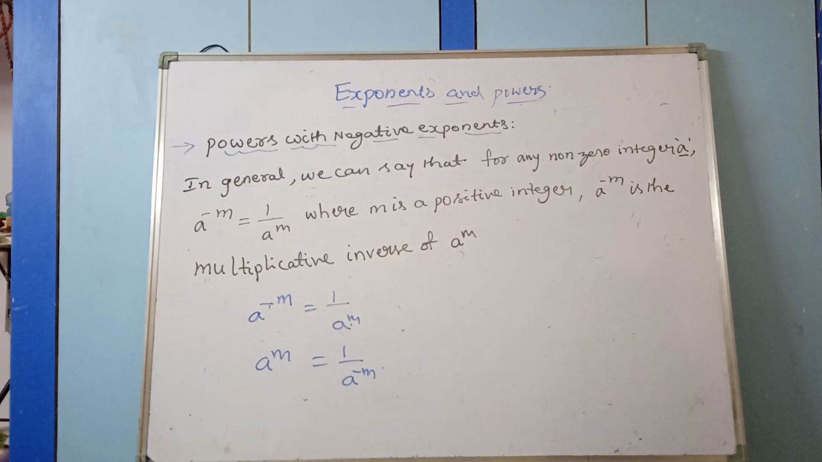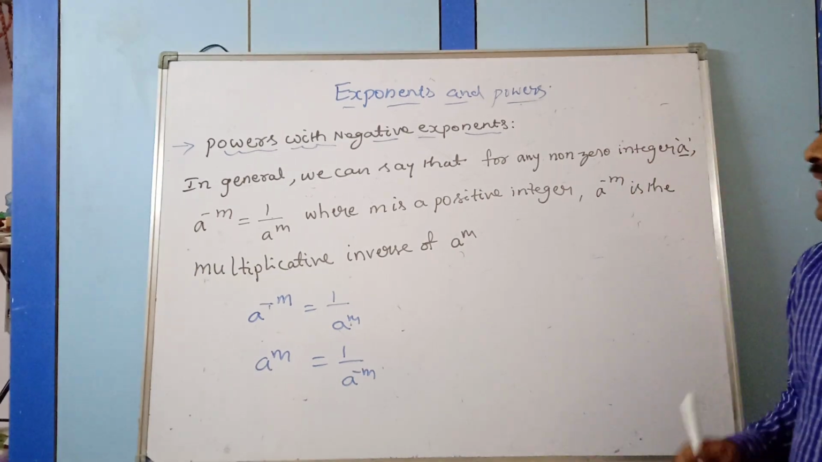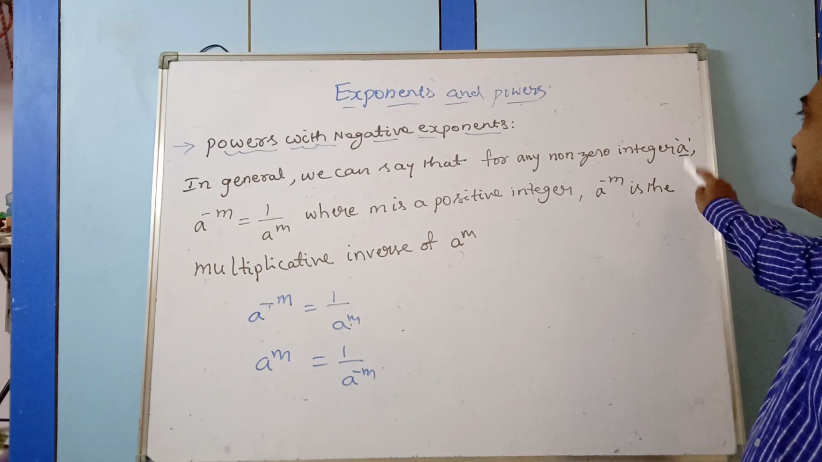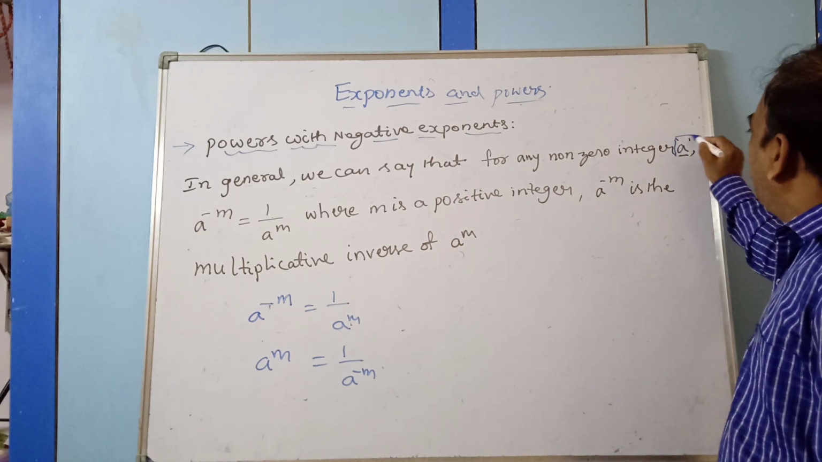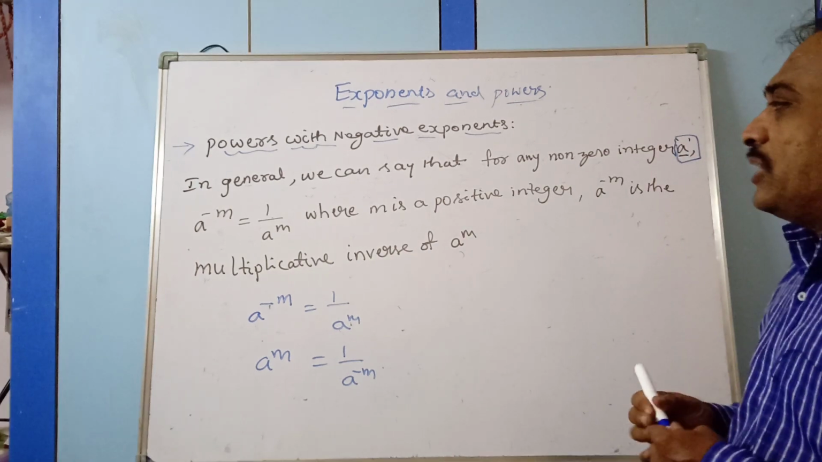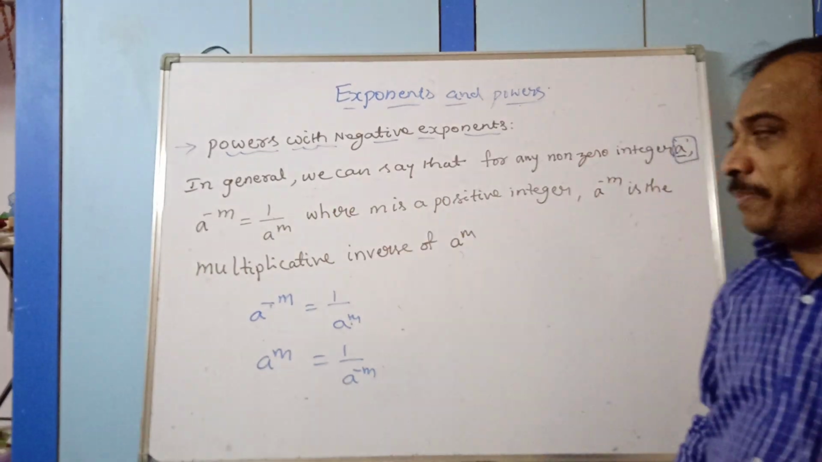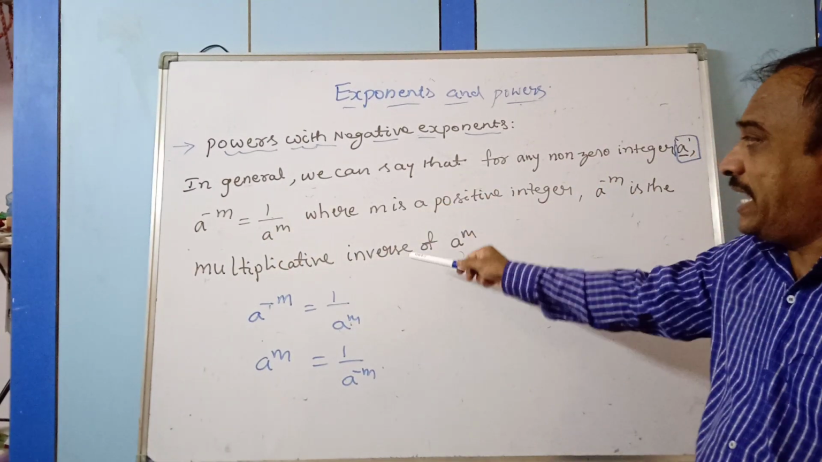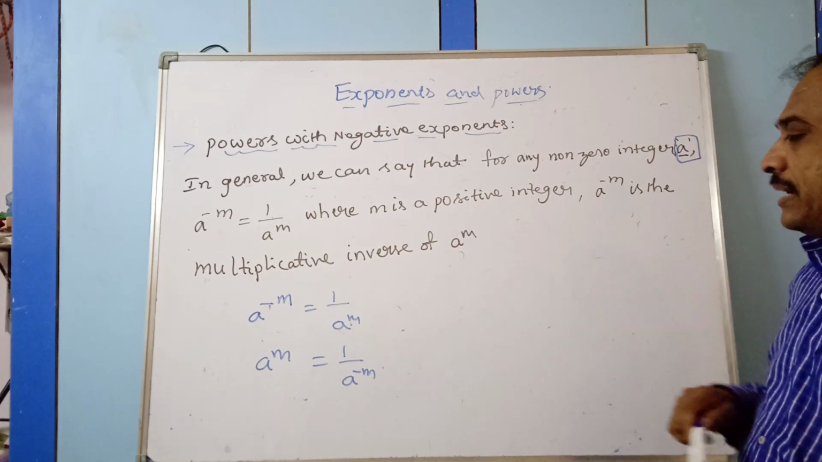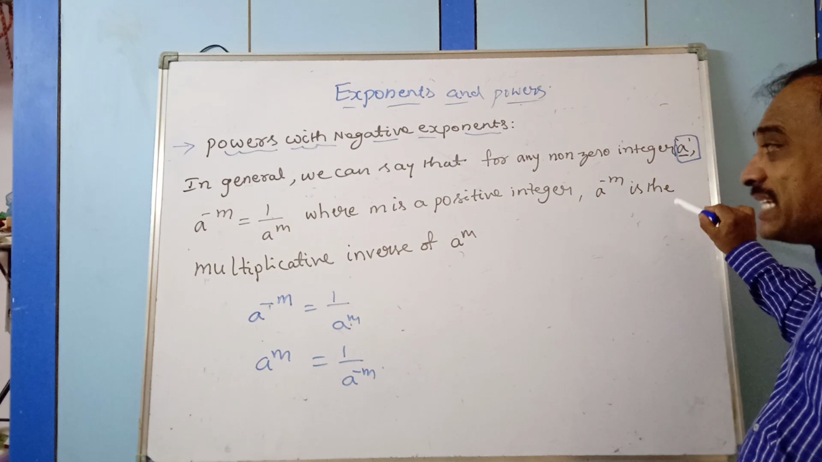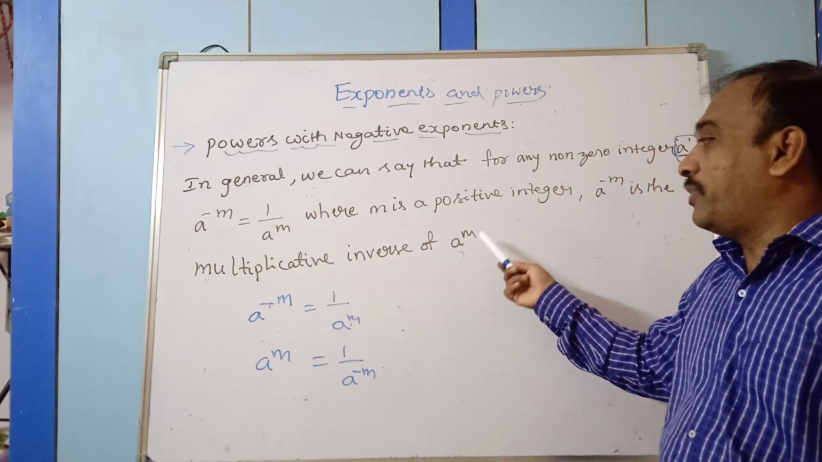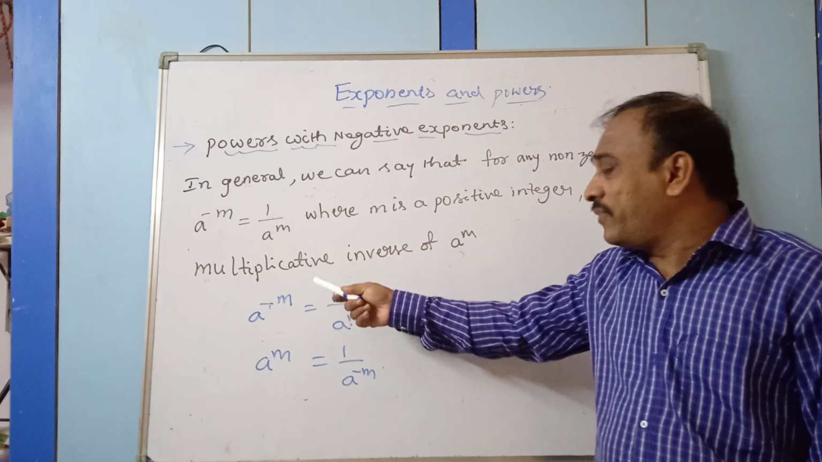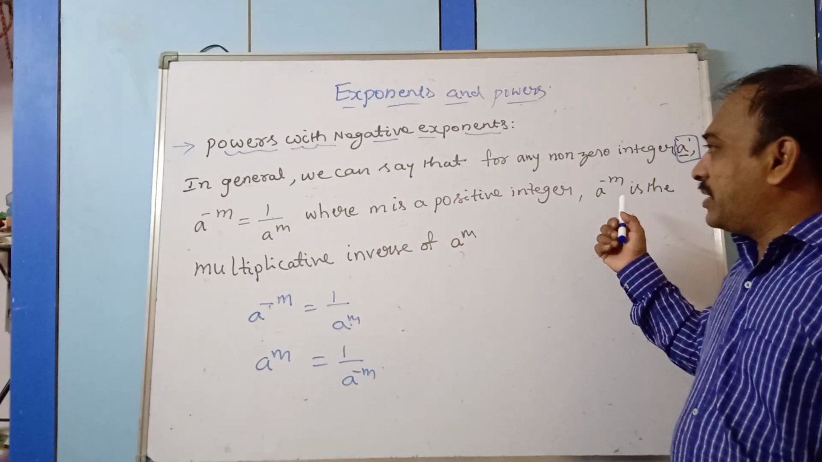Now we see powers with negative exponents. The general rule. In general, we can say that for any non-zero integer a, a must be a non-zero integer, a to the power minus m is equal to 1 by a to the power m. Look at the board. a to the power minus m is equal to 1 by a to the power m, where m is a positive integer. a to the power minus m is the multiplicative inverse of a to the power m. That means a to the power minus m is the multiplicative inverse of a to the power m. Observe it. a to the power